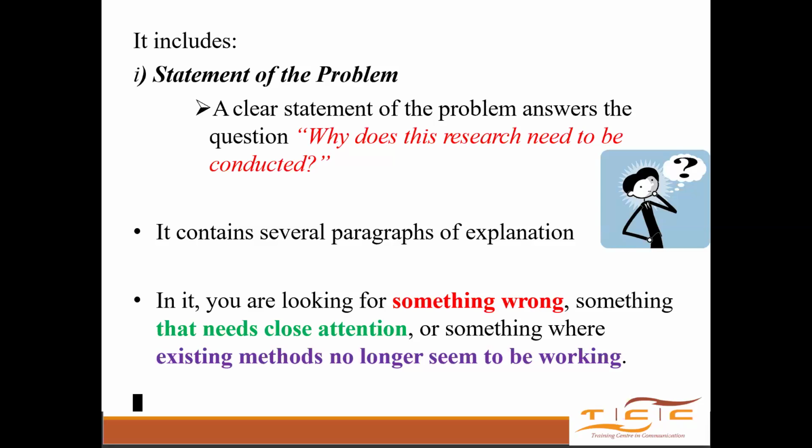I will not talk about this much, because I've talked about it enough. The statement of the problem is telling us what the problem is. When you are stating the problem, don't try to justify why it is important for this research to be done, or why it is important to find a solution to these problems, because that is what the justification part of your research is supposed to do. When you are writing the statement of the problem, I always tell people, just state the problem. Who dies if this research is not done? Or what happens if this research is not done? So the most important thing is just narrate to us the problem.